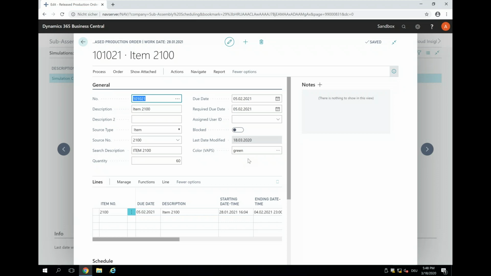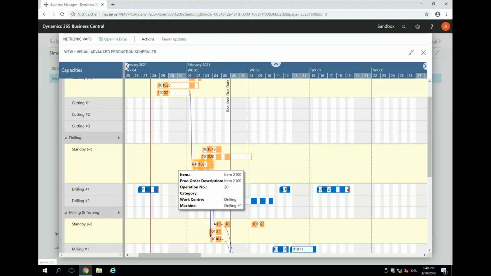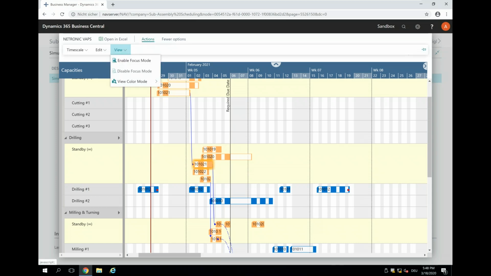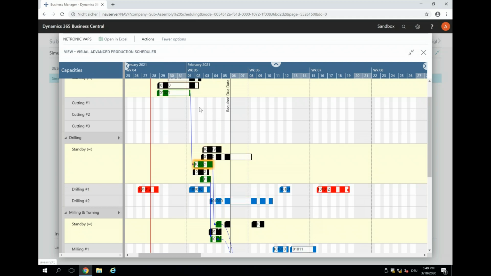So when I created my production orders, I actually, for myself, made a differentiation on how I would like to see these production orders in the VAPS when I switch the coloring from production order status to production order color. So now I go to the production order specific colors,